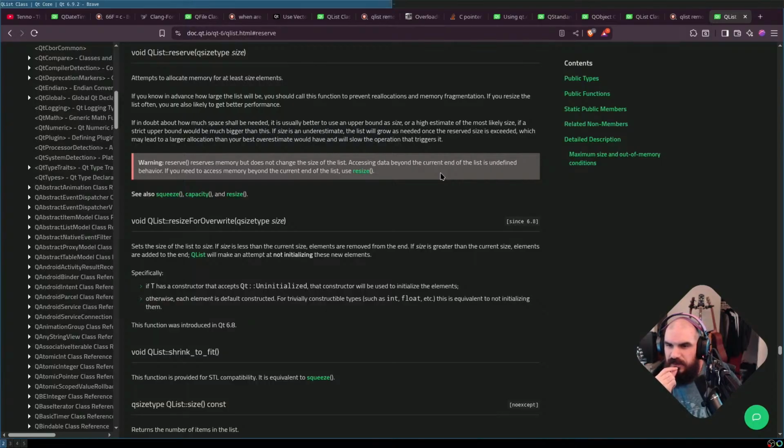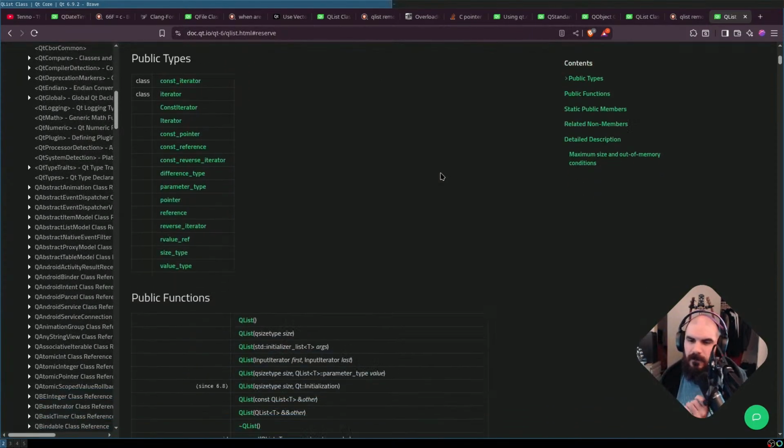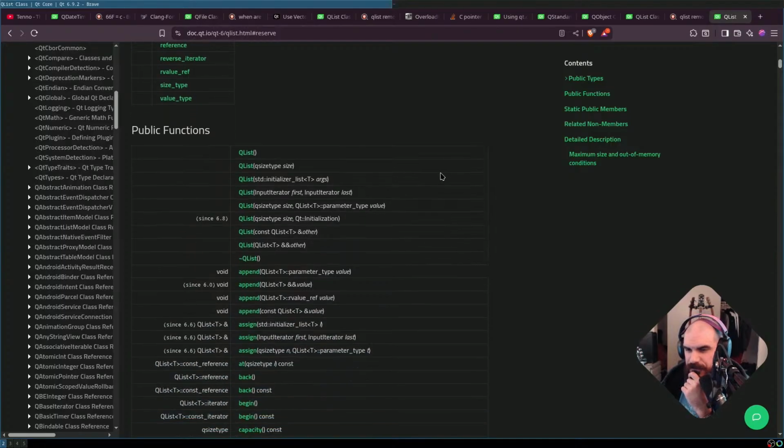Reserves memory but does not change the size of the list. That makes sense. Accessing data beyond the current size is undefined behavior. Oh, okay. If you need to access memory beyond it, use resize. Okay, so